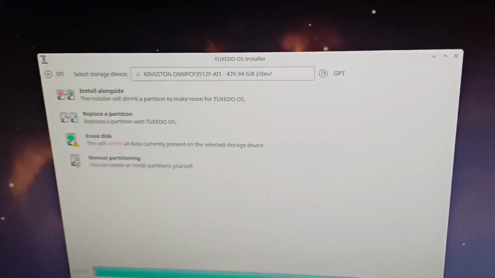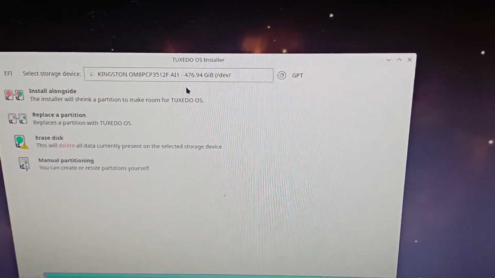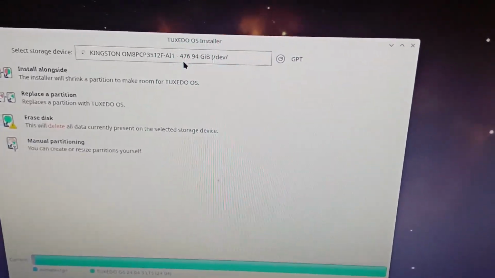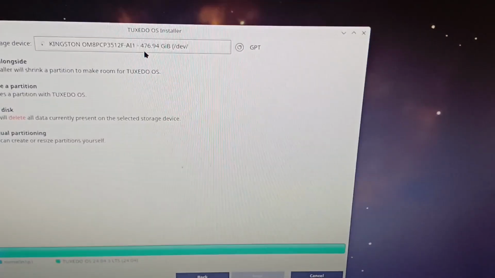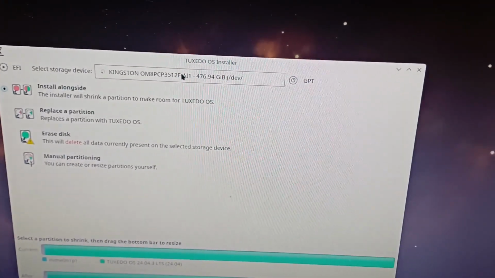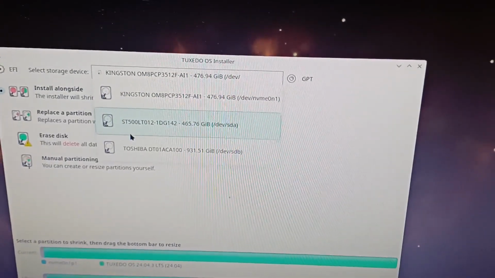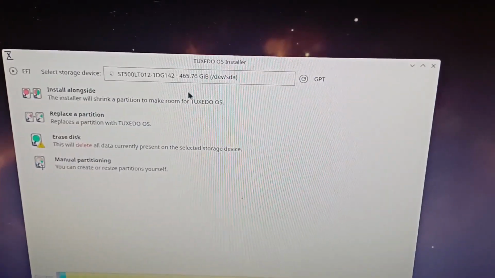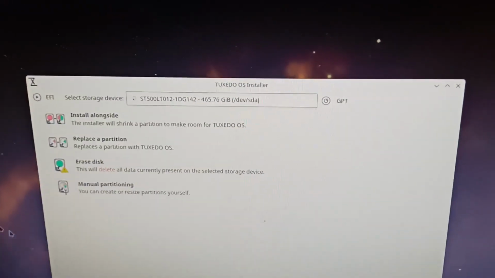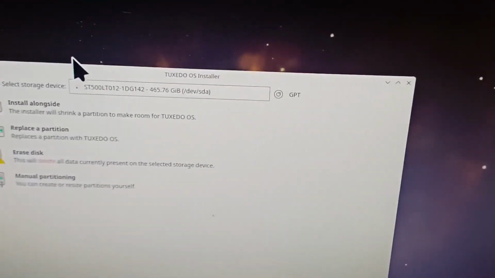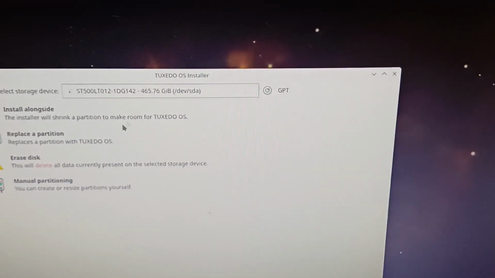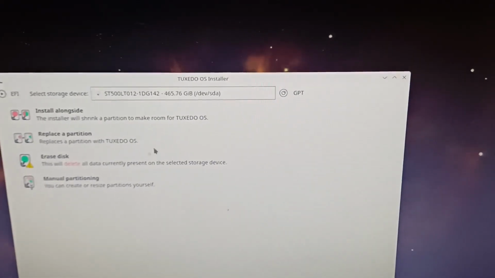Alright, I'm back to where we were before. Except, what I've decided to do is, instead of using this SSD right here, I'm going to just nuke my Windows partition, which would be this one right here. It is a hard drive, so it is going to be a little slow, but it should be good enough just for demonstration purposes. By the way, what you saw right there is shake to find your cursor.